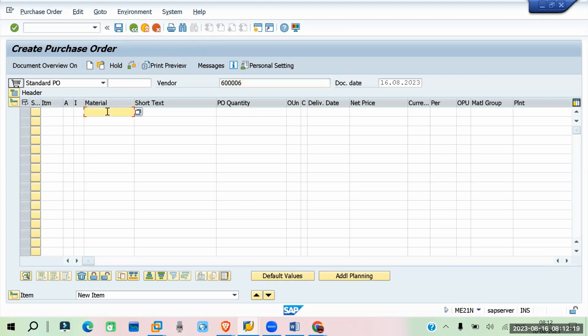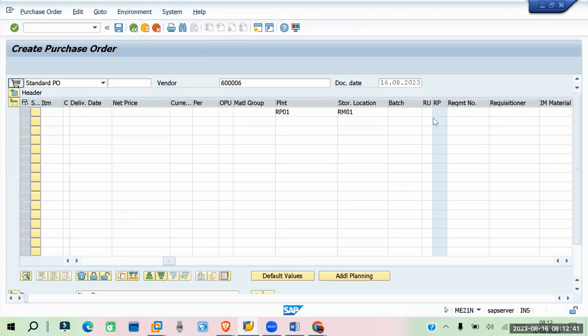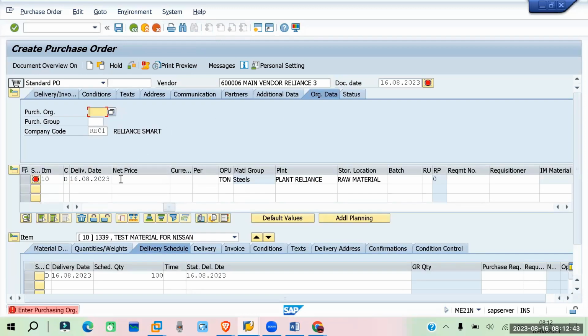So material, anything, let's say 1339, quantity, let's say 100, plant, what is our plant? RP01, right? And just put the storage location, purchasing group,